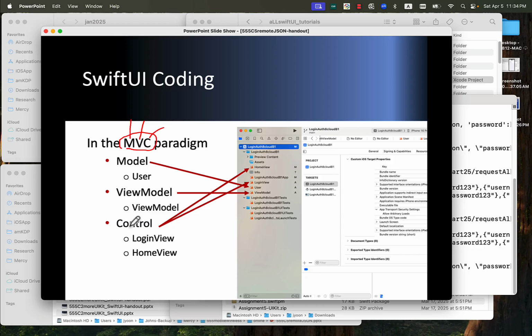View control, that is the control. You can say control, or you can say view control like this. The model is nothing but the data structure, the data type. And the view model is how we can view these models. You can mingle all of this in one file, but ideally